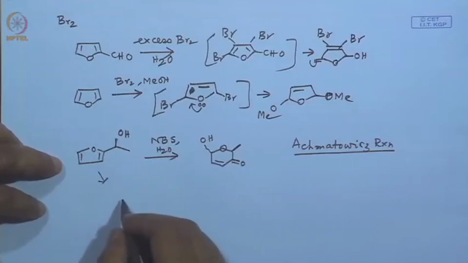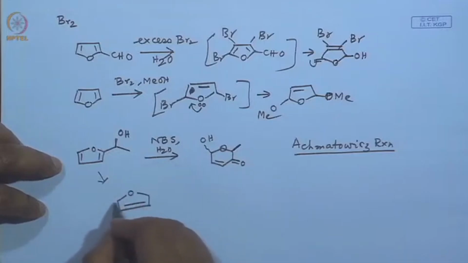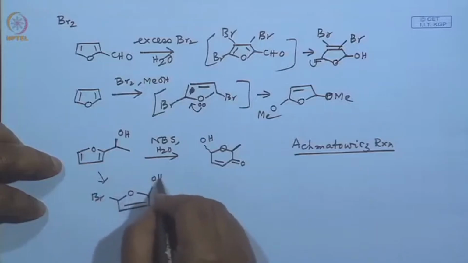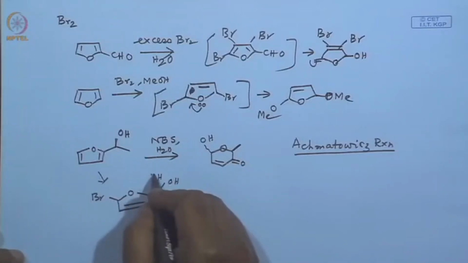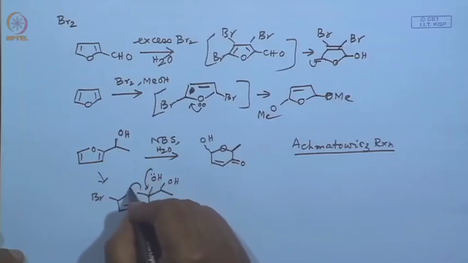Mechanistically one can see this, since it is a bromohydrin, you can write that this bromination takes place, this hydration takes place, whichever we like. Then you have an OH group up here, and then it just opens up, and